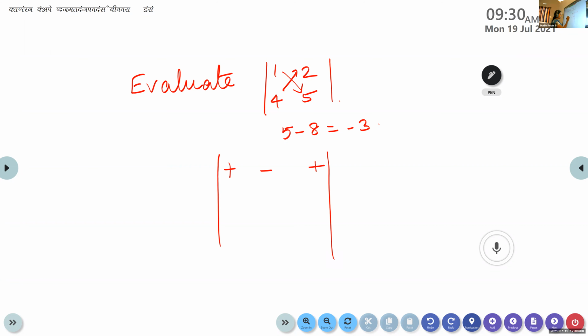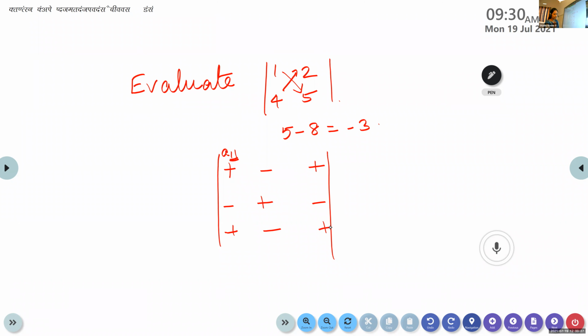For the first entry, A11, when we add the suffix, if it is an even number, the sign we assign to it is plus. And if it is an odd number, we assign negative to it. So the format is plus, minus, plus, minus, plus, minus, plus, minus, plus. This is the form you have. Now let us expand a 3 by 3 matrix.